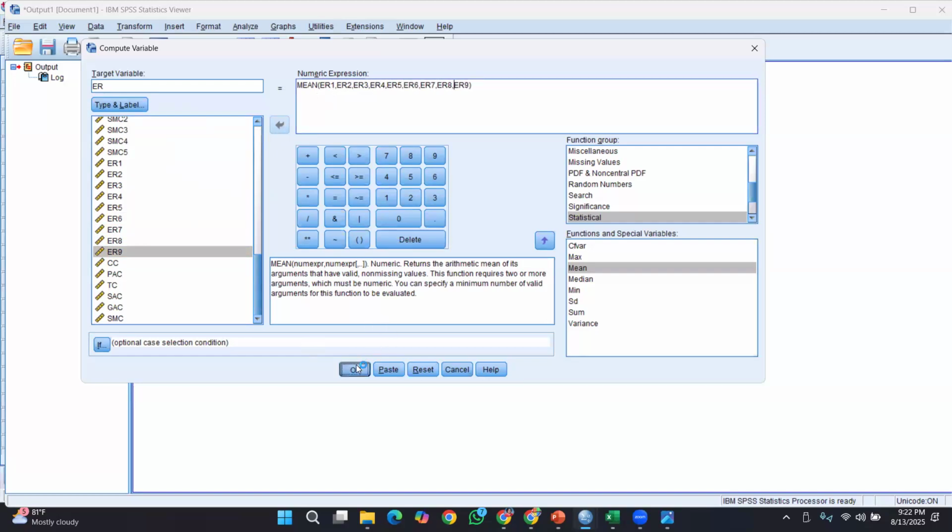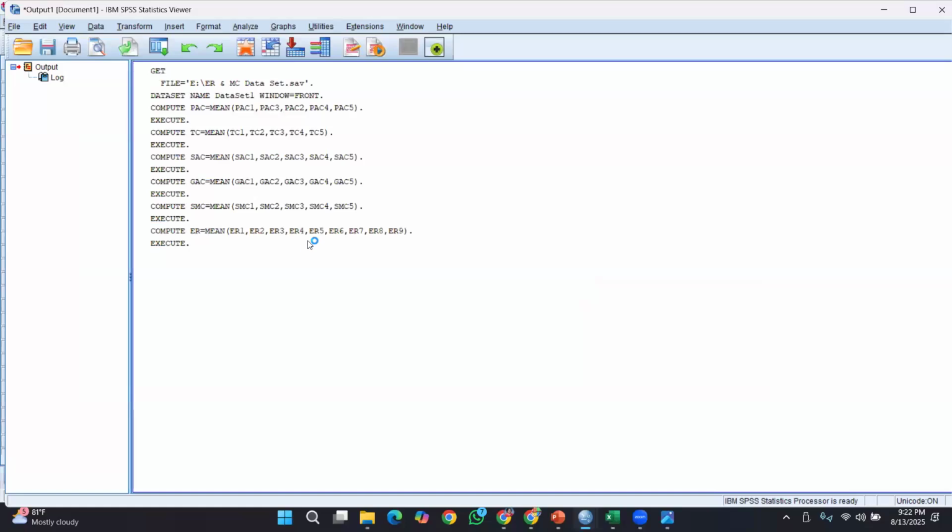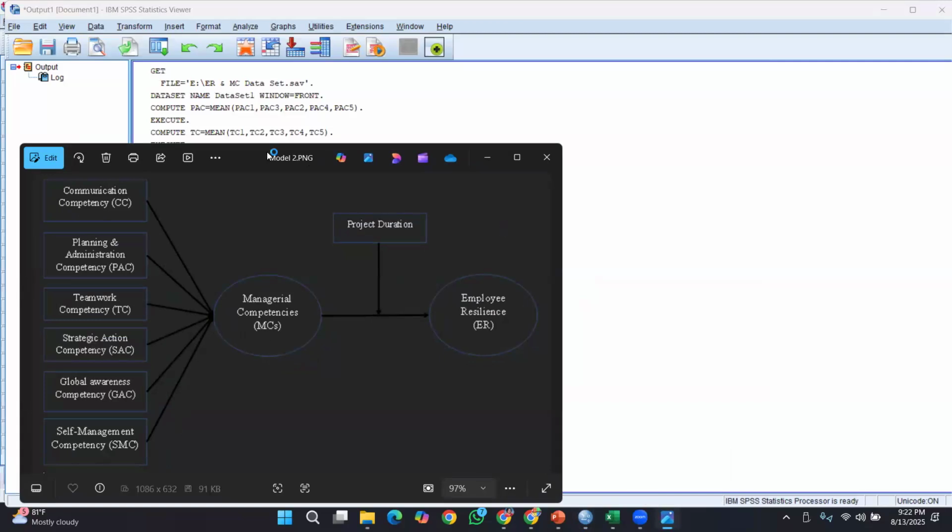Right. Okay, we have been creating every variable according to the way that this author has drawn the model. Right, there are two models. We need another variable of manager competencies.